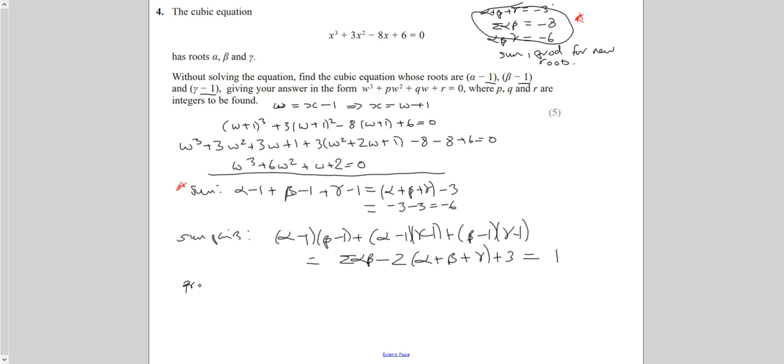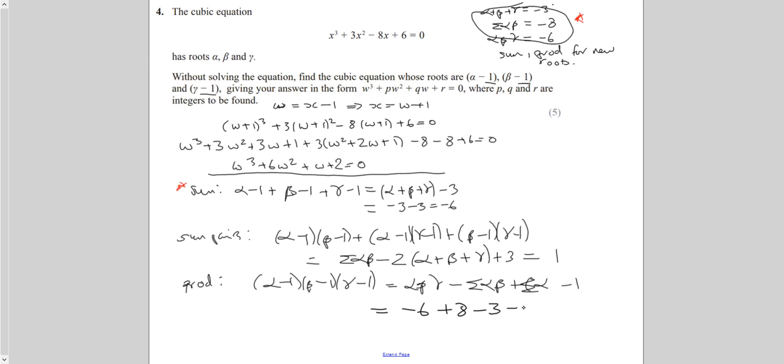And then you do the product of the new roots. Okay, and subbing all the bits, so the product was -6, the sum in pairs was -8, the sum was -3, take away 1,